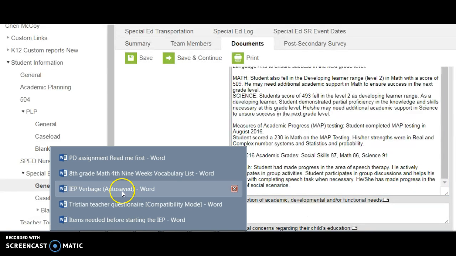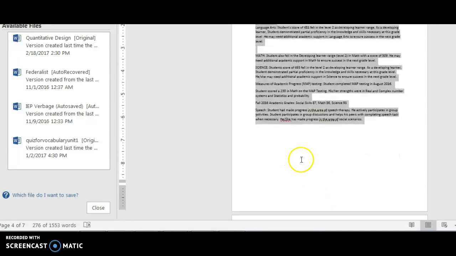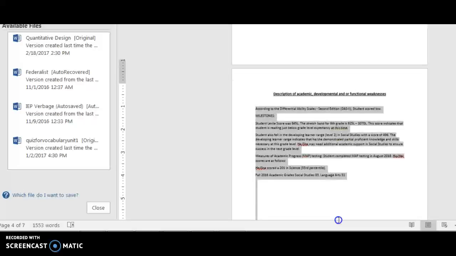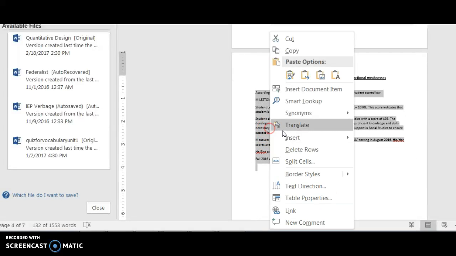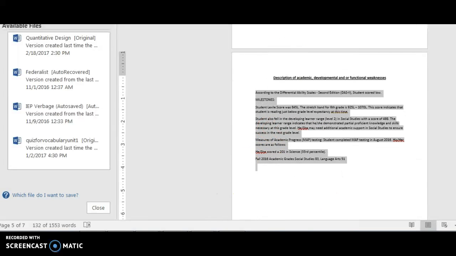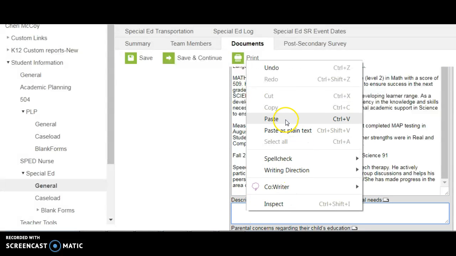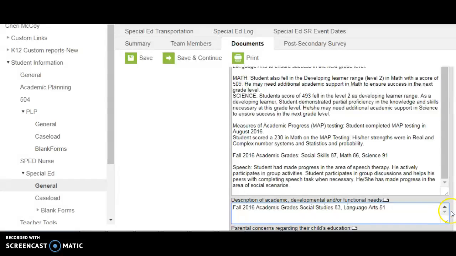And then for weaknesses, we're going to follow the same guideline. Try to keep it where you have more positives than you have negatives. That'll make you friends with the parents. And once again,